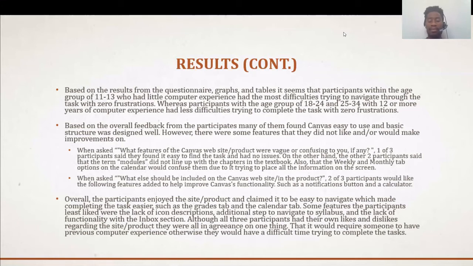And based off the overall feedback from the participants, many of them found Canvas easy to use, really enjoyed the basic structure of the design. However, there were features that they did not like and or would make improvements on. For example, when asked what features on the Canvas website were vague or confusing to them, if there was any,